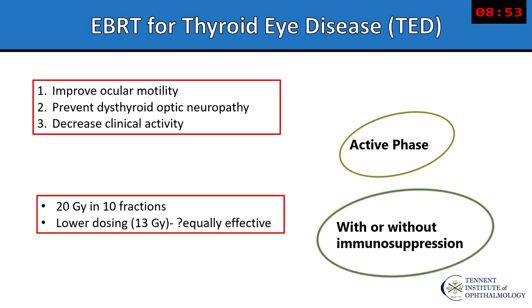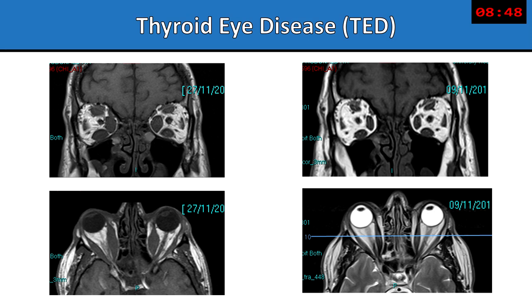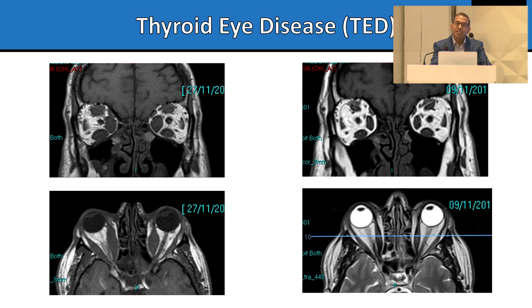It may be used with or without steroids or steroid-sparing agents. In our setup, we find that the maximum use of orbital radiotherapy for thyroid eye disease is in the patients where ocular motility restriction is the most prominent symptom. There should be no imminent threat of compressive optic neuropathy because we know that orbital radiotherapy in thyroid eye disease will not act immediately. And these are the kind of patients who tend to give us the best response. One could, of course, argue whether it is the steroids that we would often concurrently use, or just a natural regression of the disease? And that's open to debate.